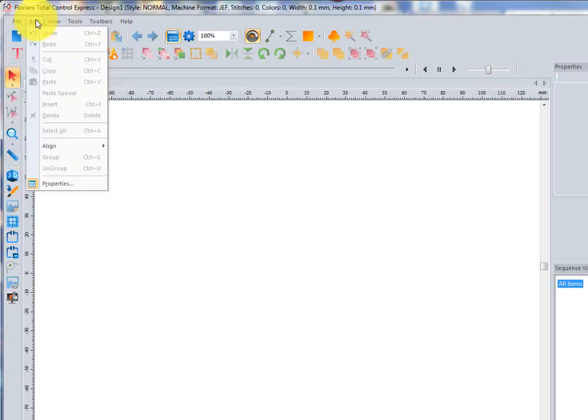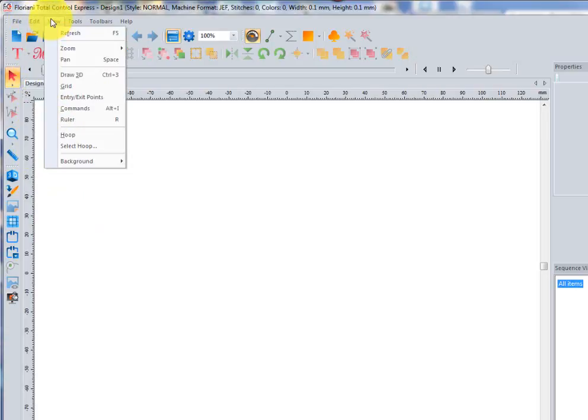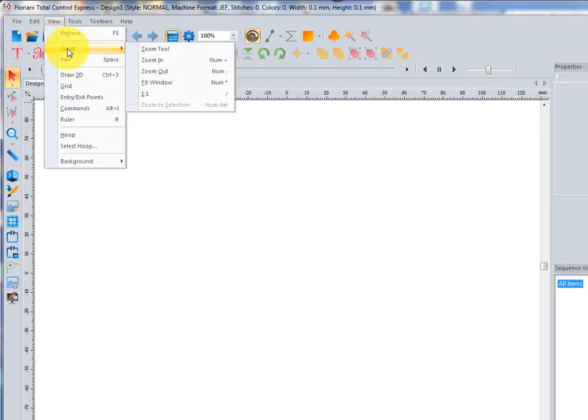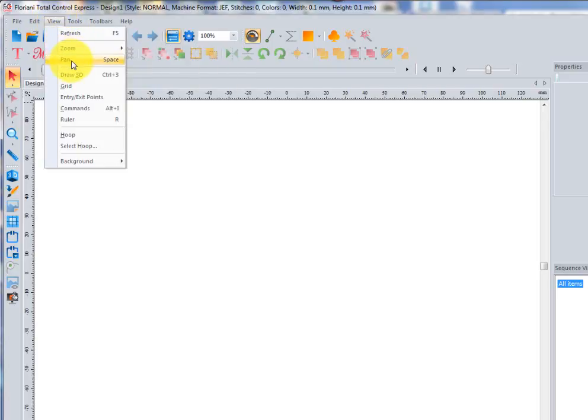If you go to Edit, this has to do with all the editing features of the software. So you can undo, redo, cut, copy, and paste things, a paste special option, insert things, delete, line things up, access the properties, group and ungroup. Very standard editing features. Under View, you will see that you have a few options here like zooming, panning, which allows you to move the screen, your work area,